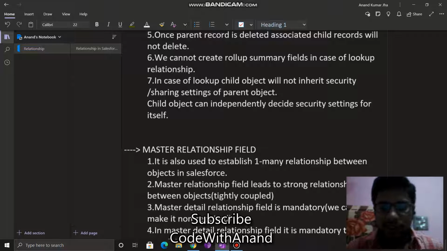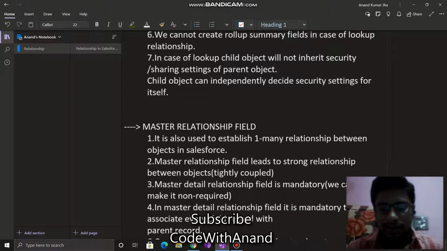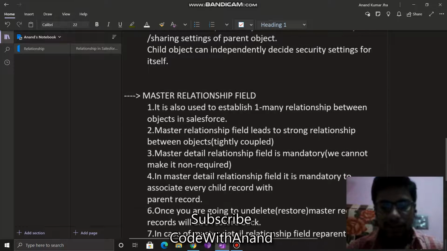When you create a master-detail relationship, you have to fill in the relation when you are filling in the records. Every child is associated with a parent. If we delete the parent, the child object is also going to be deleted.